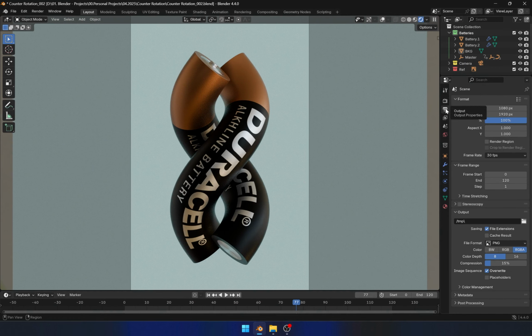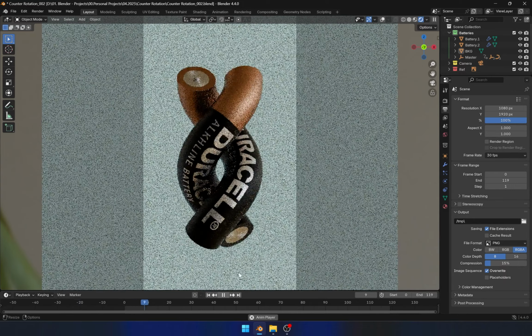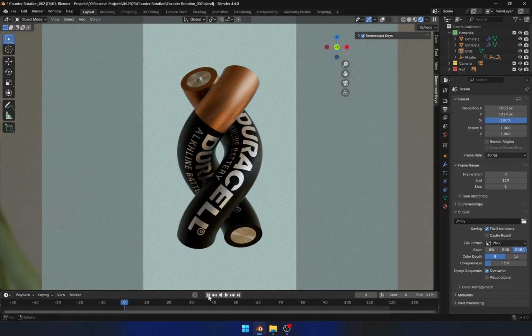Then I'll go to the output properties. I'll make sure the resolution is set as needed with 30 frames per second. The frame range will start at frame 0 and end at frame 119. This way, the loop will look seamless without any visible cuts or pauses, as the first and last frames are repeated in the animation. I'll change the frame end back to 120 frames temporarily until I check that the first